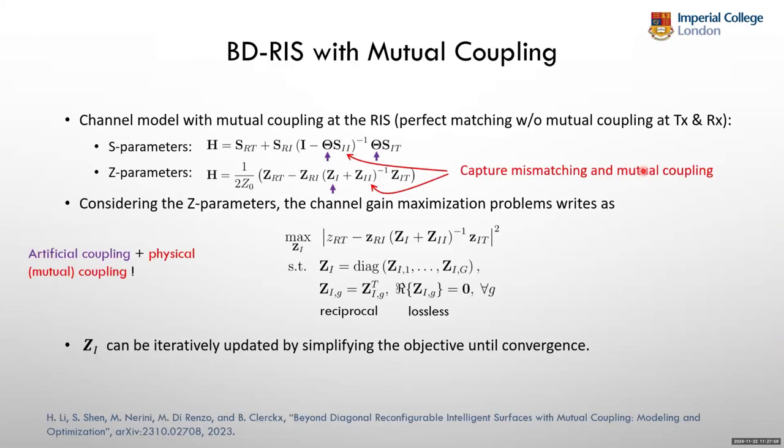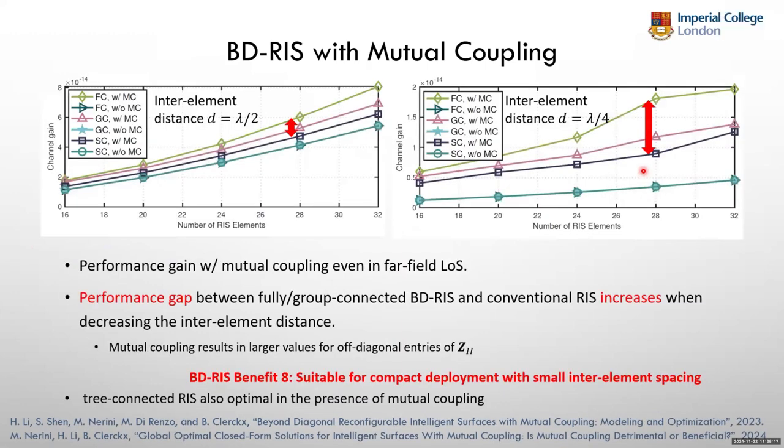Right. Then you can have other issues. Mutual coupling is very important. The model that I showed you, the conventional model, does not capture mutual coupling, so you have to go back into multiport network theory to capture it. And what we can show is that if you actually pack the elements closer